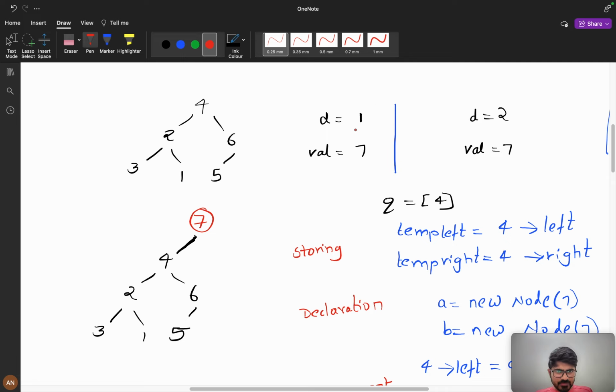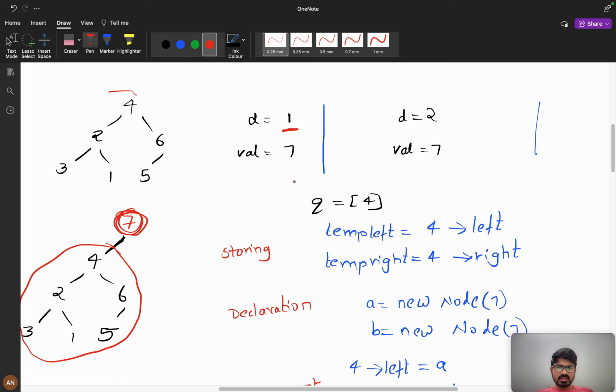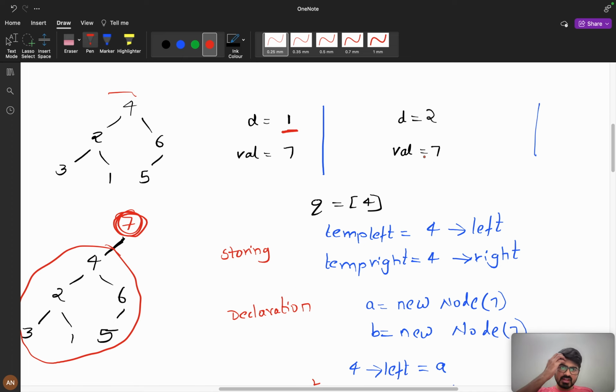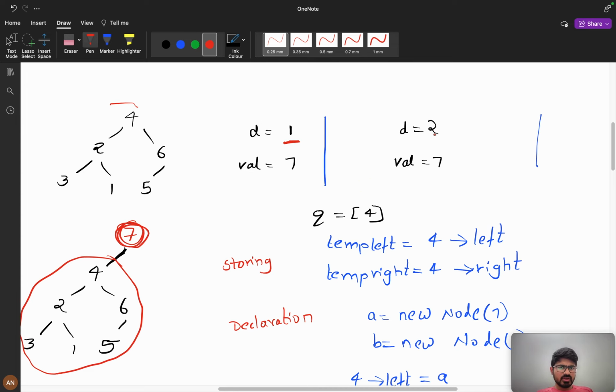If depth is equal to 1, it's simple, I will keep a direct condition. I will create a new node which is my 7, and this whole subtree will be my left child, 7 arrow left. Now consider depth is equal to 2 and my value is equal to 7. So if your depth is equal to 2, the basic criteria is